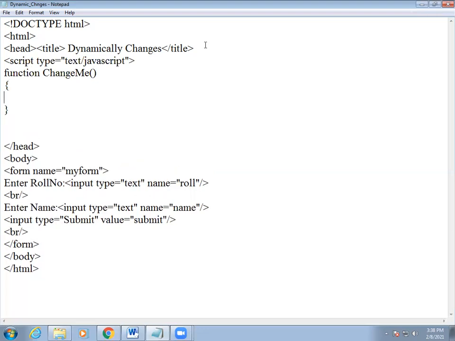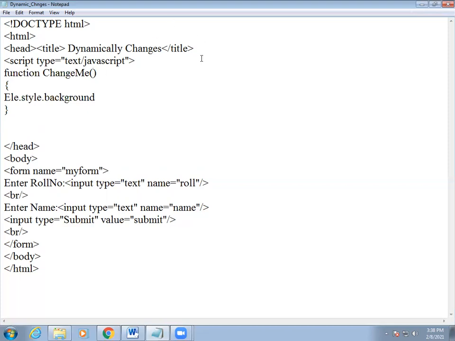In that function, I give some element, some parameter, ele dot style, because we want to change the style. That's why we're using style dot background. Correct. So ele dot style dot background.